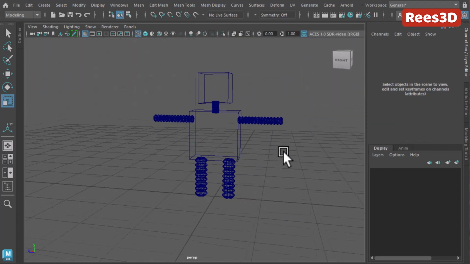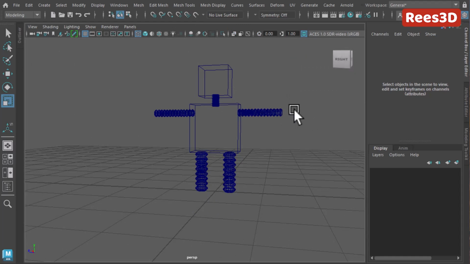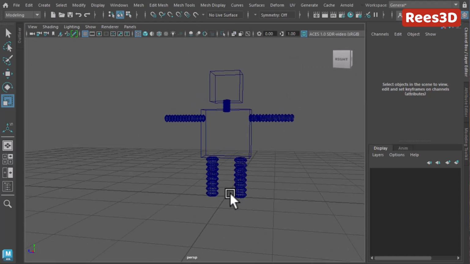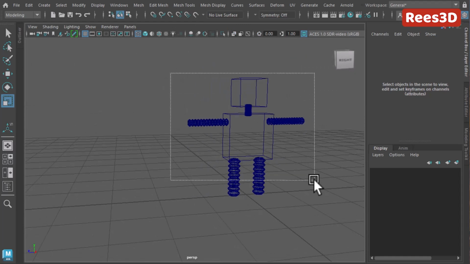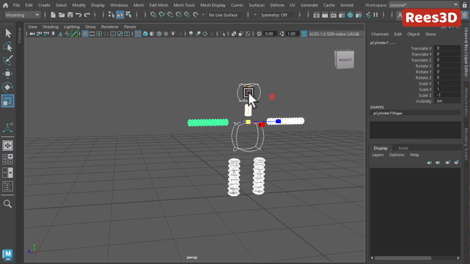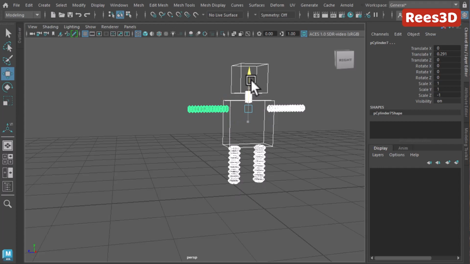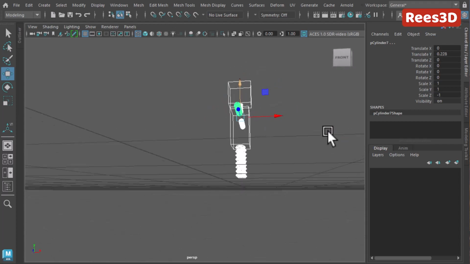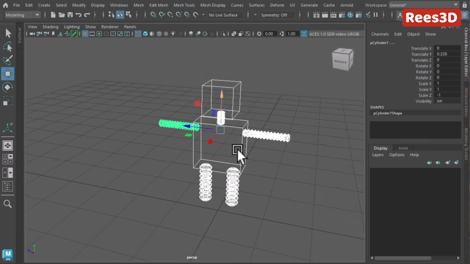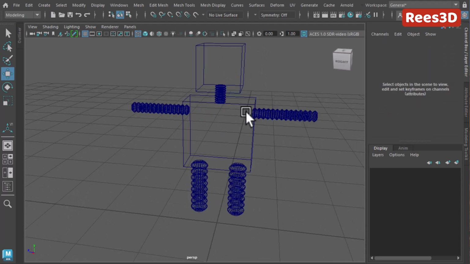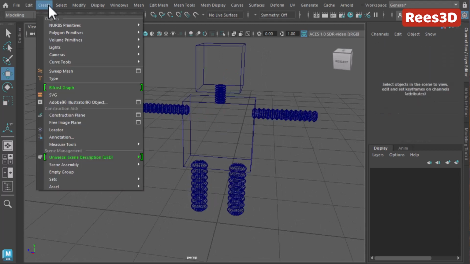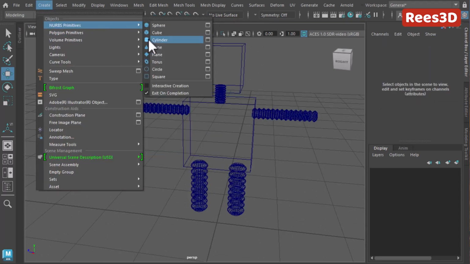Perfect. So let me just add a little bit of look to the hands, and for the legs, let me just push all these guys a little bit up. Oopsie daisy. Go to W, pull this up so that we get some space for the leg there and the hands. So for the hands, I'm just going to create a simple